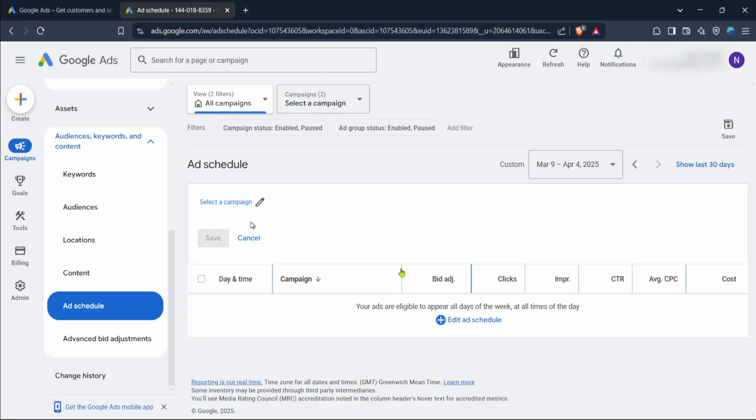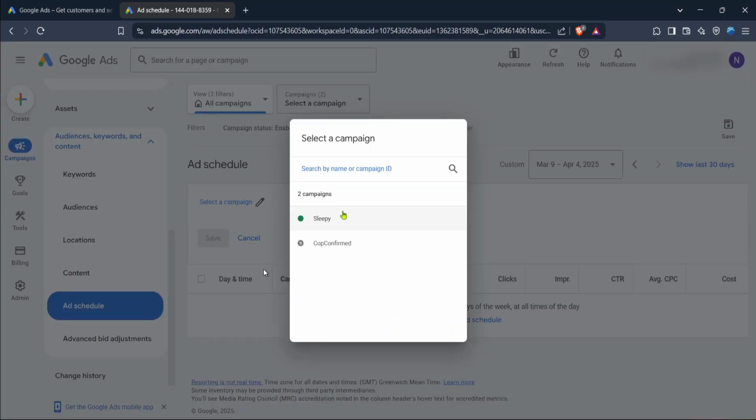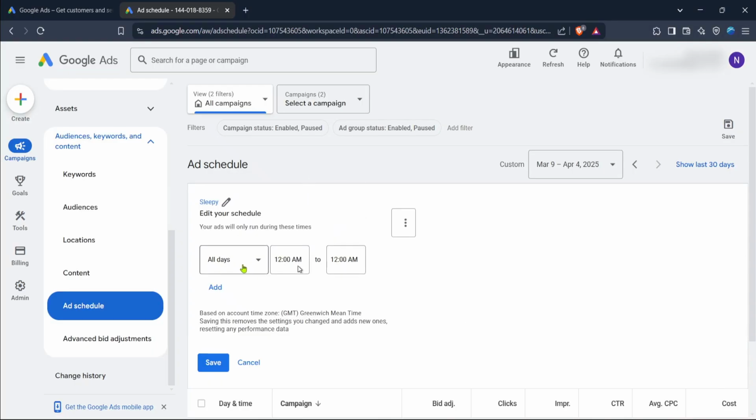Also, you can simply click on select a campaign from the top navigation bar, and after that it will take you to the option of select a campaign. So let's say I would like to go for the first one from here. You can just go according to your preferences, and after that here you can see that there is an option